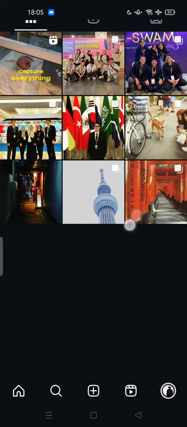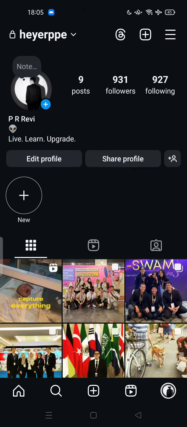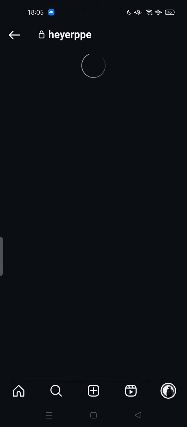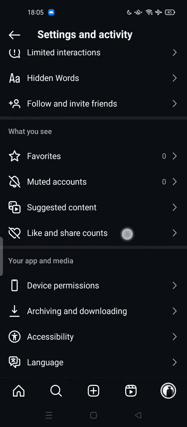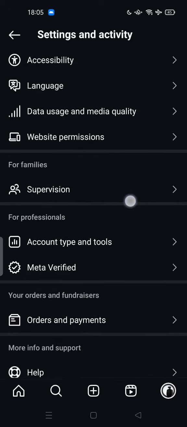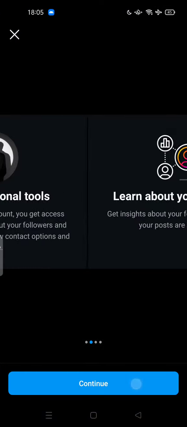Back to your account and tap the three stripes at the top of your screen. This one, tap it, scroll down, and this is Account type and tools. Switch to professional account, tap continue,